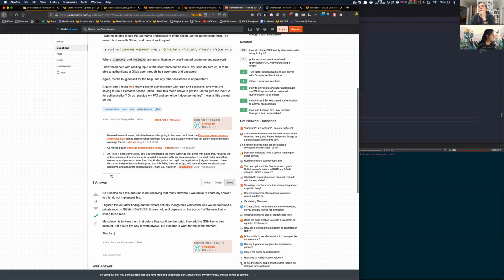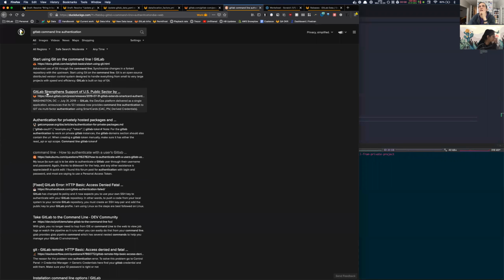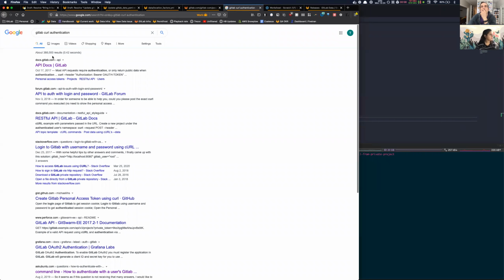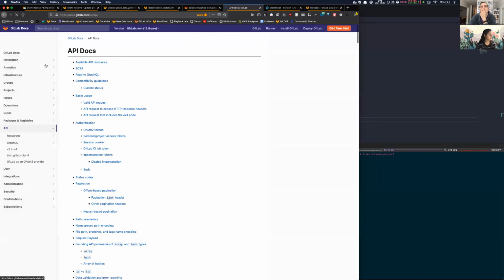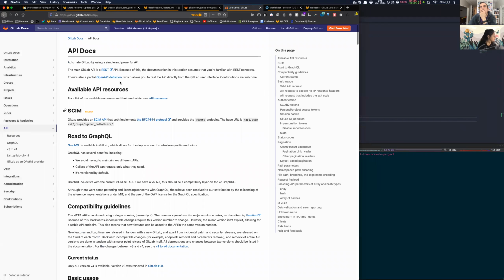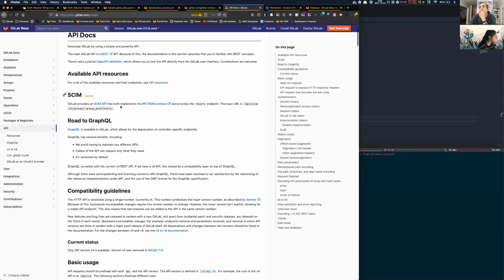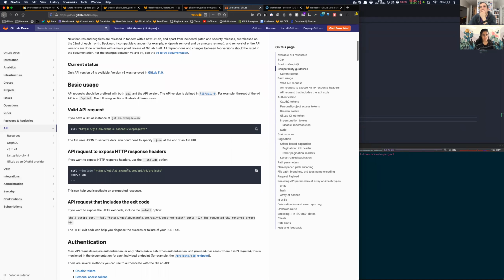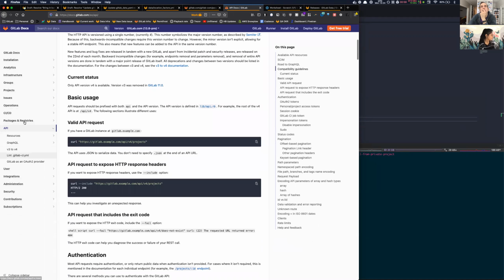Let's be smarter about this. Okay. GitLab curl. So I know that I need to basically pass in something. Okay. I don't want an API request. I want